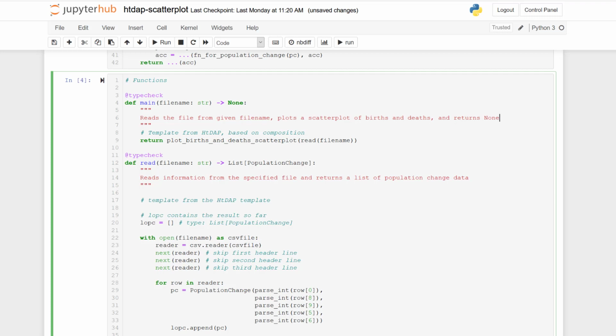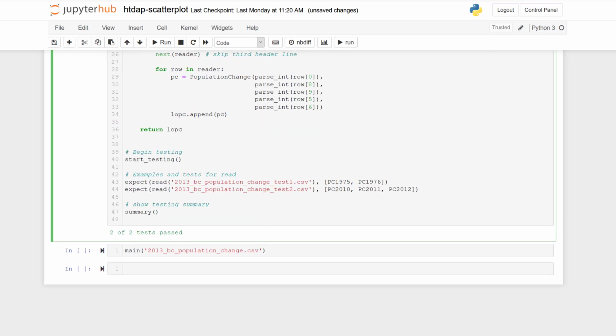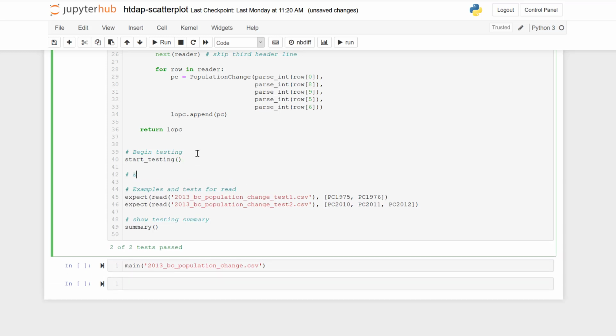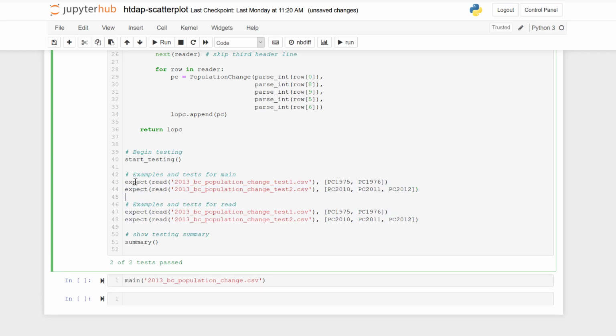Next, we need some examples for main. I'm going to copy those and edit, as the main and read both take CSV files as input.